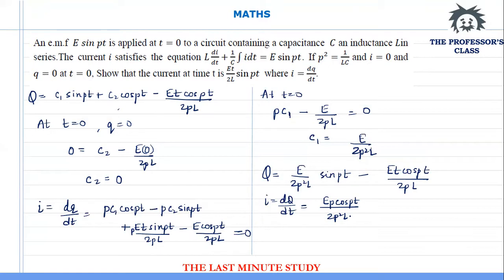Now I'll be differentiating the second term, but this will be done by using the chain rule. So I'll keep t constant first. So I'll get plus E t sin pt by 2pL into p. And in the second case, I'll differentiate t and keep cos constant. So I'll have E cos pt